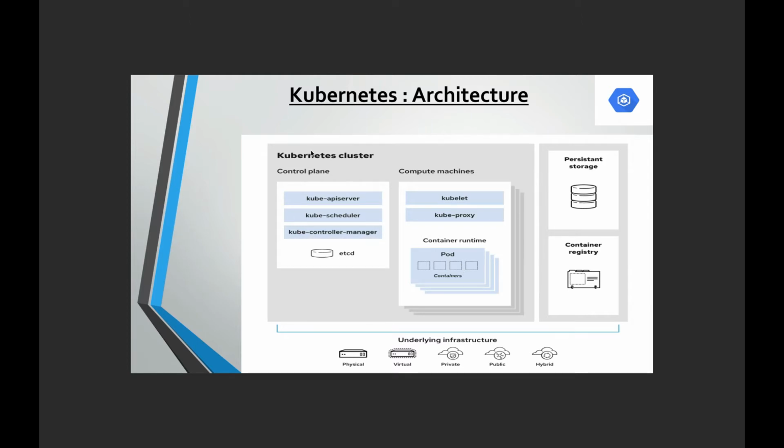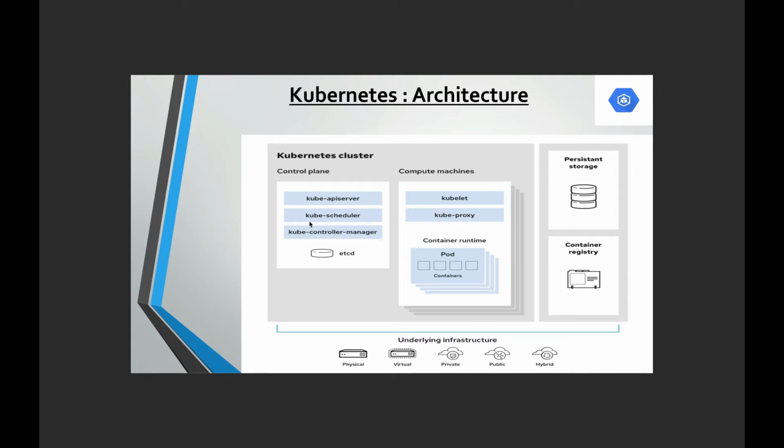So this is the Kubernetes cluster. Now any working Kubernetes deployment is called a cluster here. A cluster in basic terminology means a combination of few machines which work together and form a cluster. Now here the cluster is divided again into two parts. One is the control plane and the other is compute machines, or they can also be known as nodes. Now each node is a Linux based environment which could be a physical machine, virtual machine, or it can be on any of the clouds like private, public, hybrid.